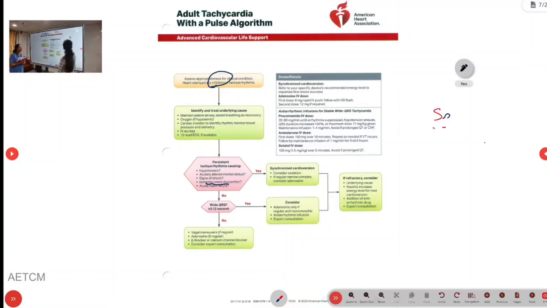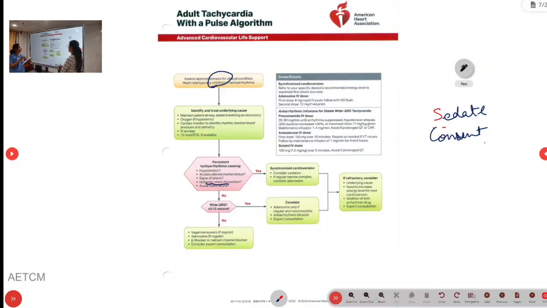Sedate, and cardiac leads should be attached. We have to take consent from the bystander, or if the patient is conscious, then attach the cardiac leads. Then monitor the wave and give a DC synchronized cardioversion. How will you give synchronized cardioversion? We have to set the mode in the defib to synchronized mode, and give maximum joules starting from 50